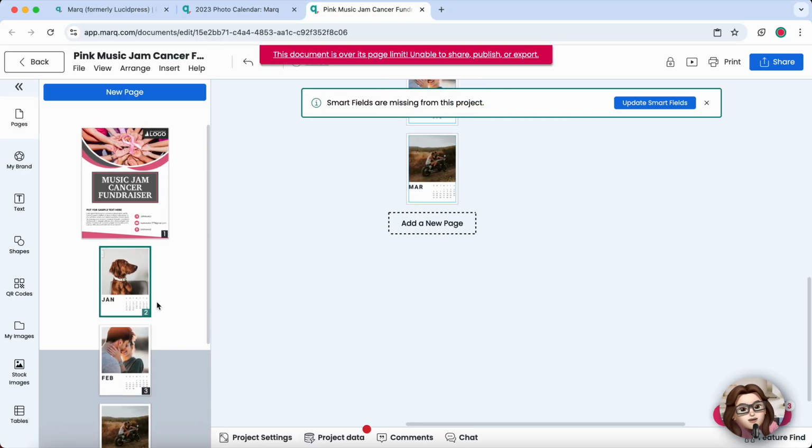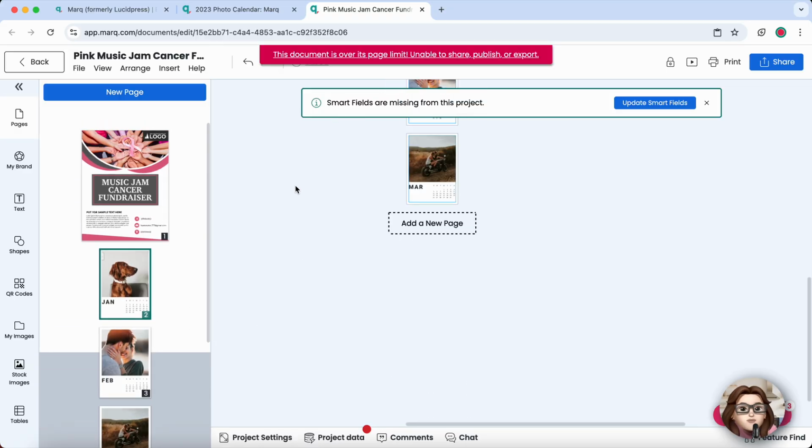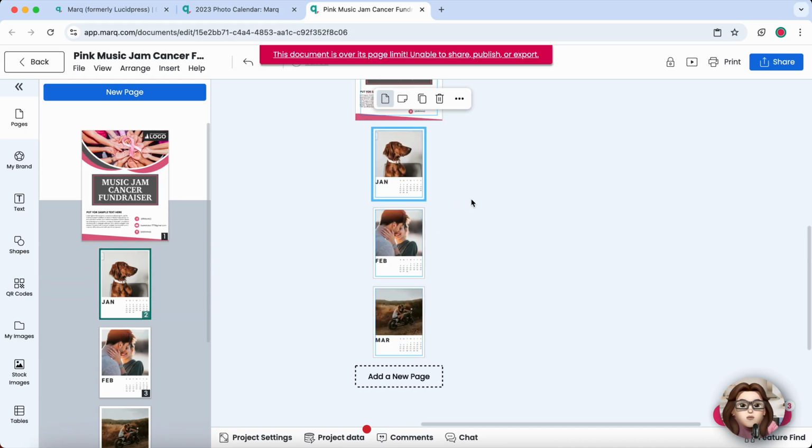And that's it. Mixing templates in Lucidpress, now Mark, is quick, flexible, and perfect for creating unique designs without starting